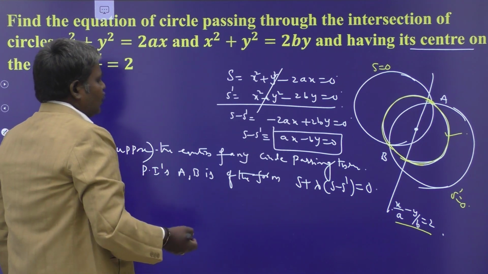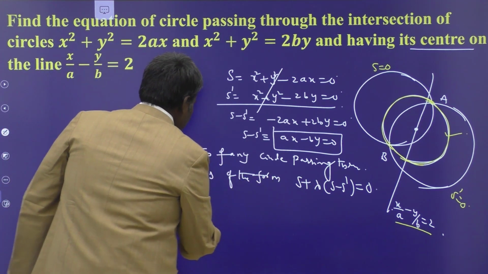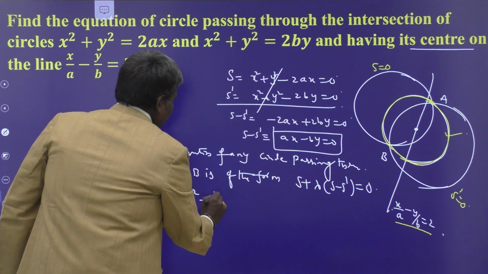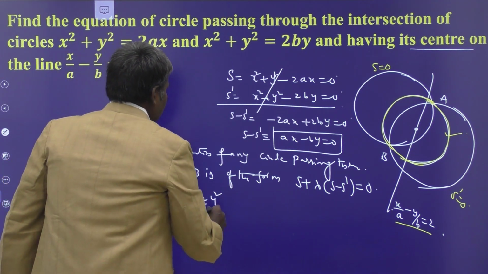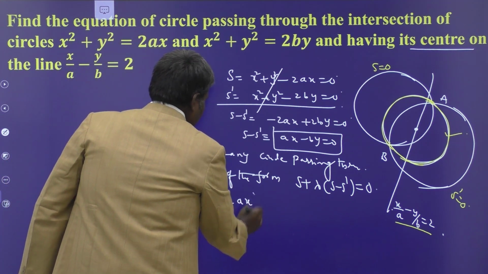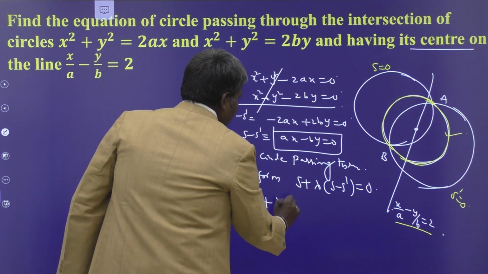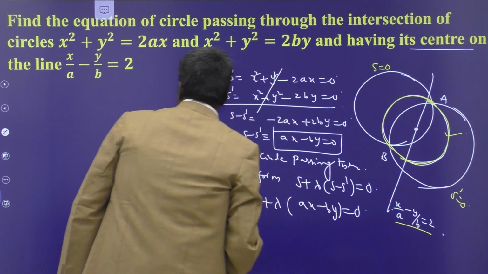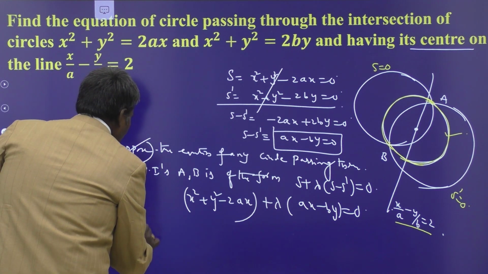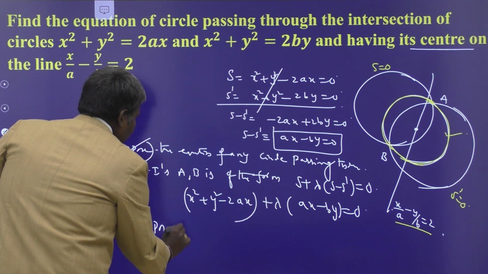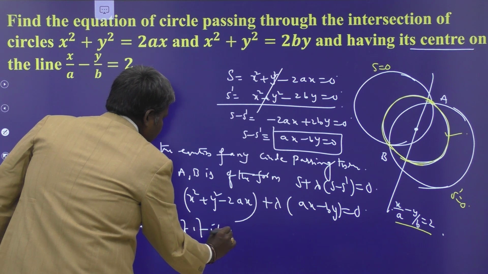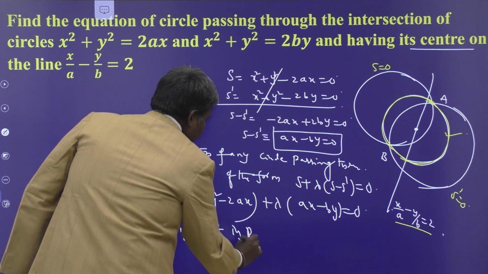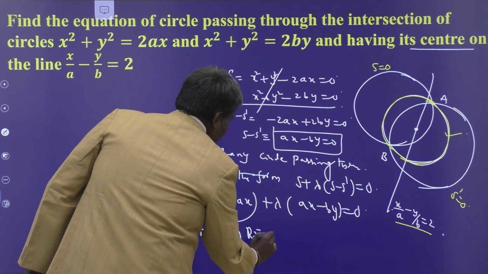Suppose it is our required circle. First of all, what is this one? x square plus y square minus 2ax plus lambda times (ax minus by) is equal to 0. I am using suppose here. Suppose if it is the required circle, the required equation of circle,